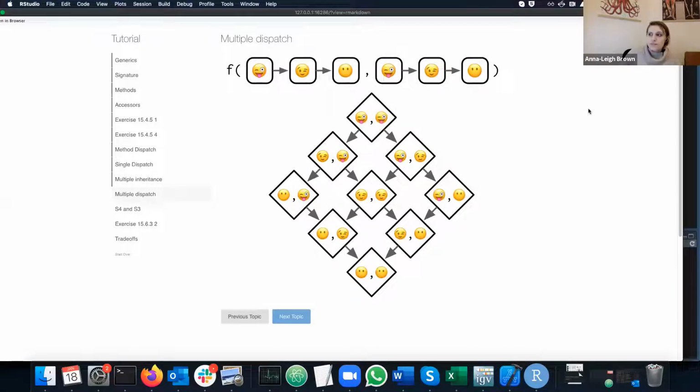Multiple dispatch works basically in the same way, because with any method you call, it can have a method which works for a blinky guy and a blinky guy. So when you call the function, if I've got a tongue sticker outer and a tongue sticker outer, same kind of idea. And it will try to pick the path which has the least number of steps. So the shortest path, the least number of steps, is the kind of idea behind method dispatch. So if I've got a method that works on both,